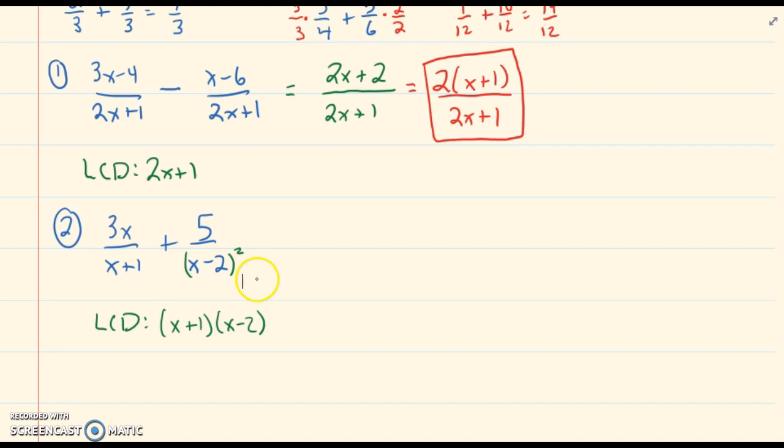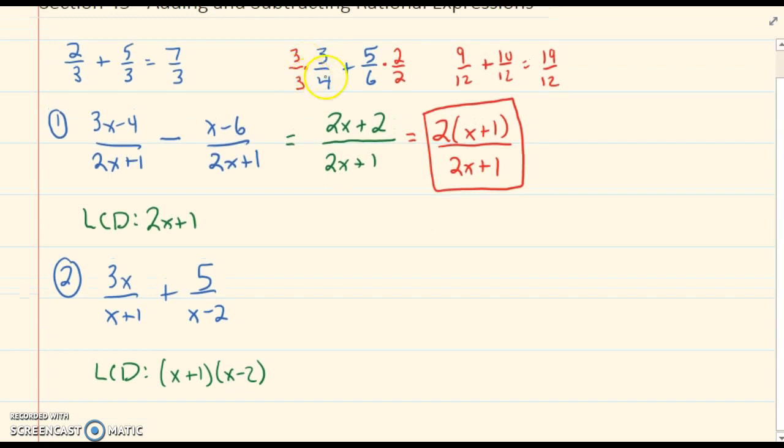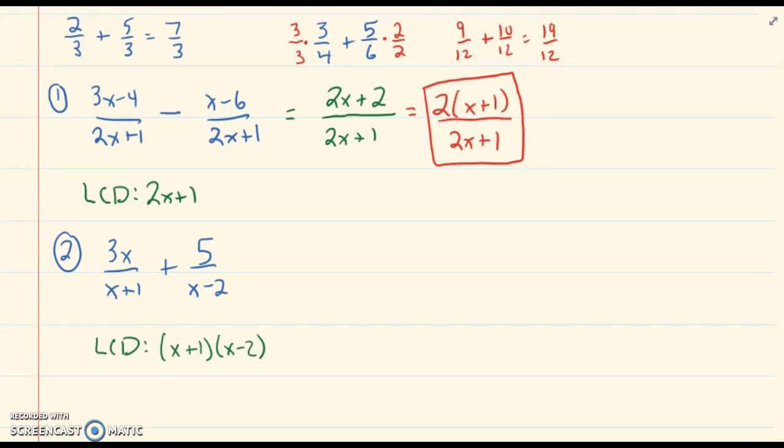But that's not what we had, so I'm going to erase this so we don't get confused and I don't lose my place. So looking back to what we did at the top here, when we changed that denominator, we were trying to turn a 4 into a 12, and we multiplied by 3. We're going to do the same thing here, but instead of an actual number for our denominator, we have variable expressions. So this denominator right here and this one right here, we want to turn into x plus 1